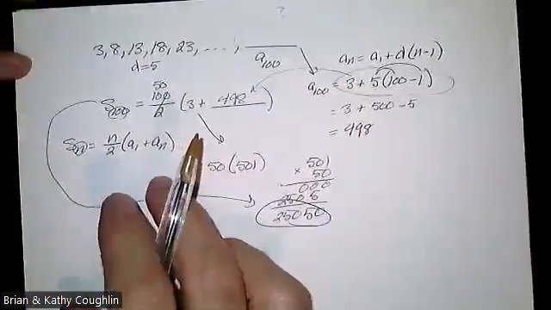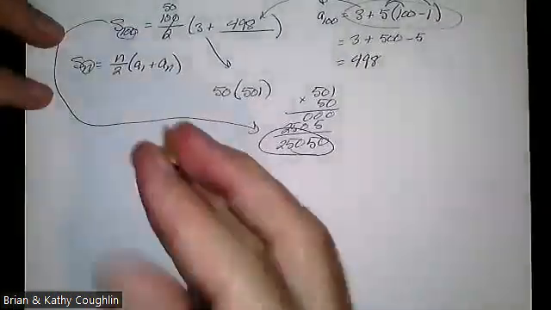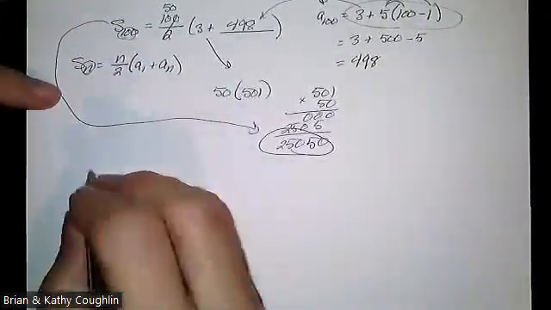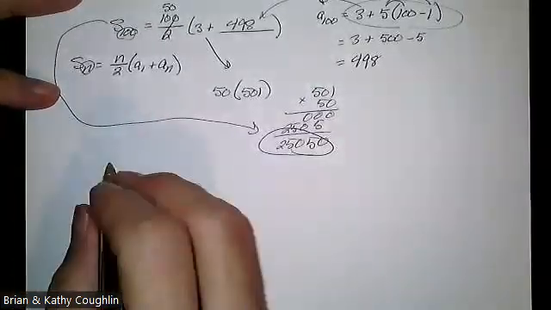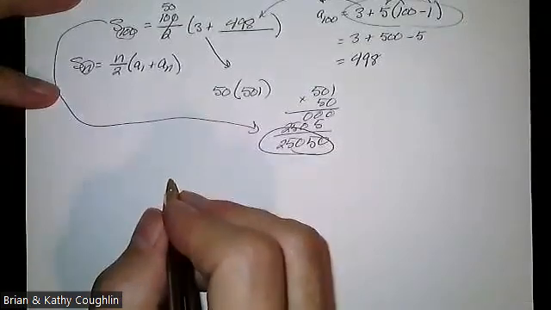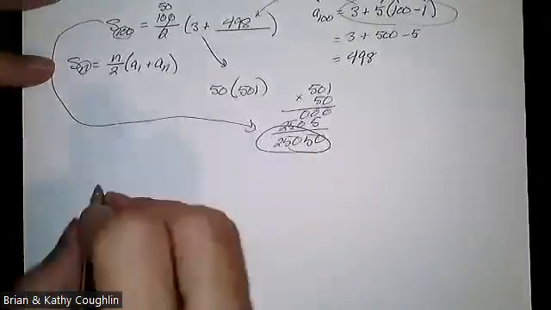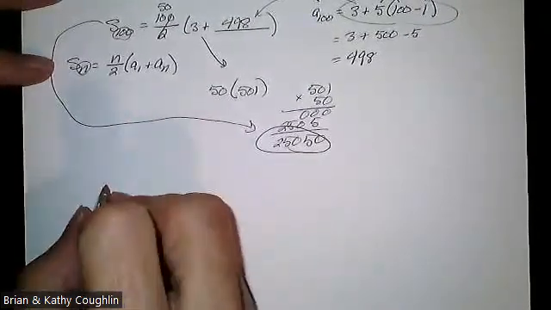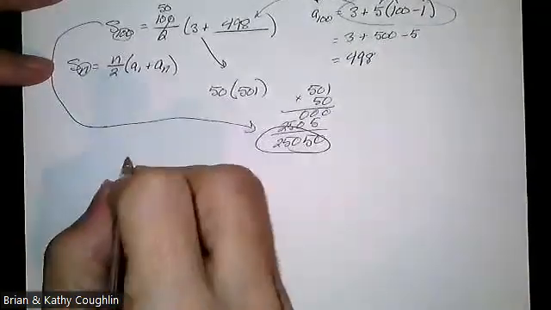Utterly incredible. The geometric ones, I kind of have to put on faith here. The geometric one, there is a proof for it, but it's really kind of obnoxious and it takes a lot of advanced math, sort of on the pre-calc level, to understand the proof. So this is one you just have to memorize. So if you have S sub n for geometric,